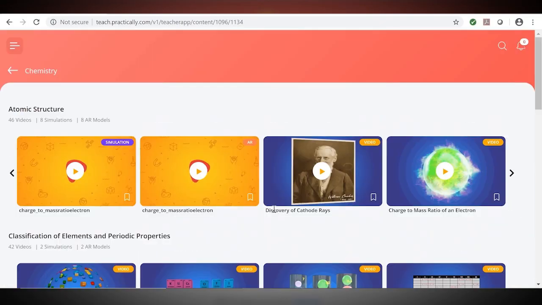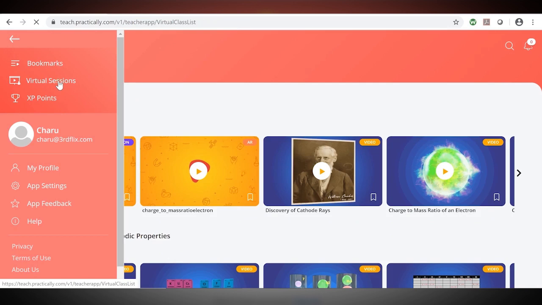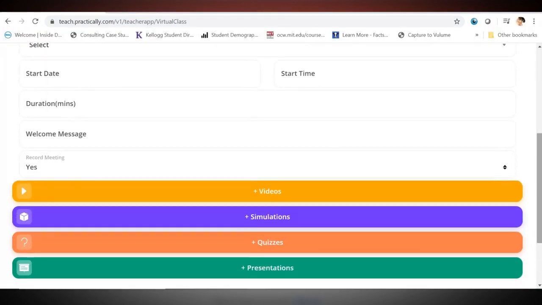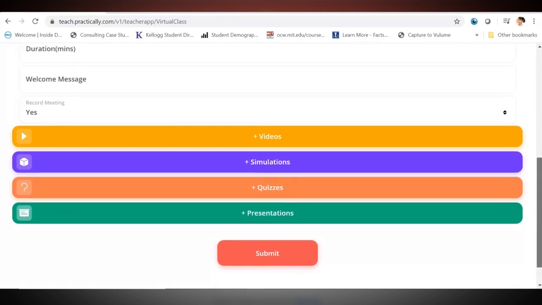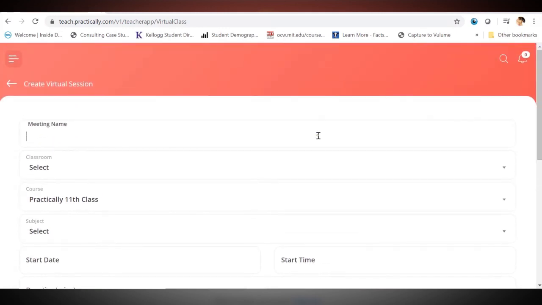Creating an online class. Teacher can create an online class directly from Teacher app by clicking on the menu and clicking on Virtual Sessions. Teacher can select additional options to customize the session name,